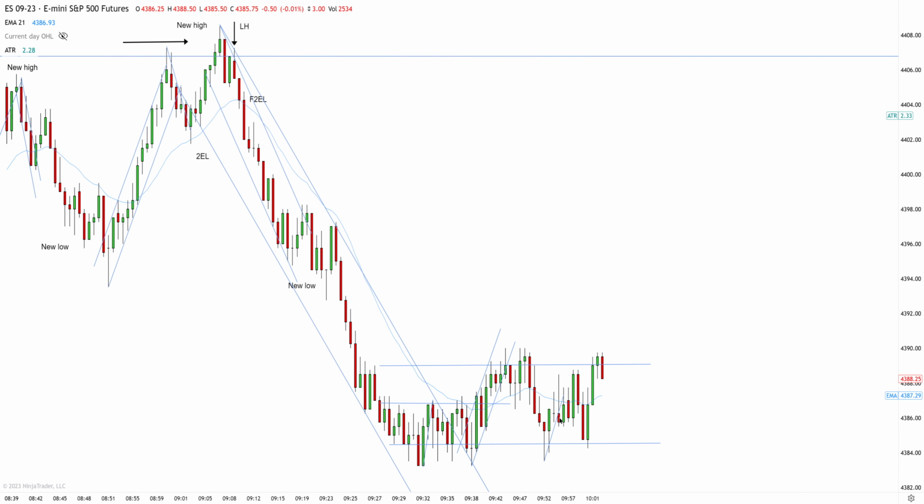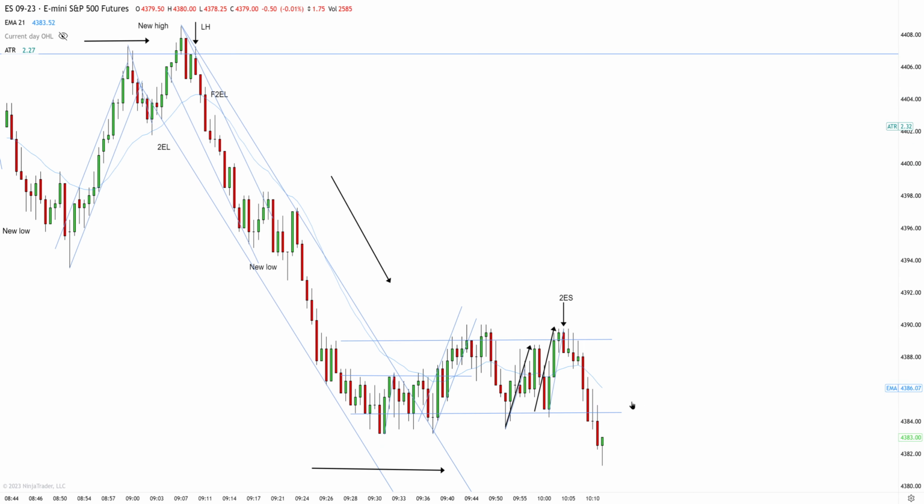Now we have something called a visual two-legged pullback. Technically, this is just a first entry short, but this is a visual two-legged pullback. It is at the top of the trend range. I would like to see a technical second entry short, but it is at the top of the trend range. It's a visual two-legged pullback. The bias is bearish. The price action rules tell us we need to get a new extreme, so I can mark it as a more aggressive second entry short visually. For a more advanced trader, you prefer to see a lower high below the EMA, you can't get it, and